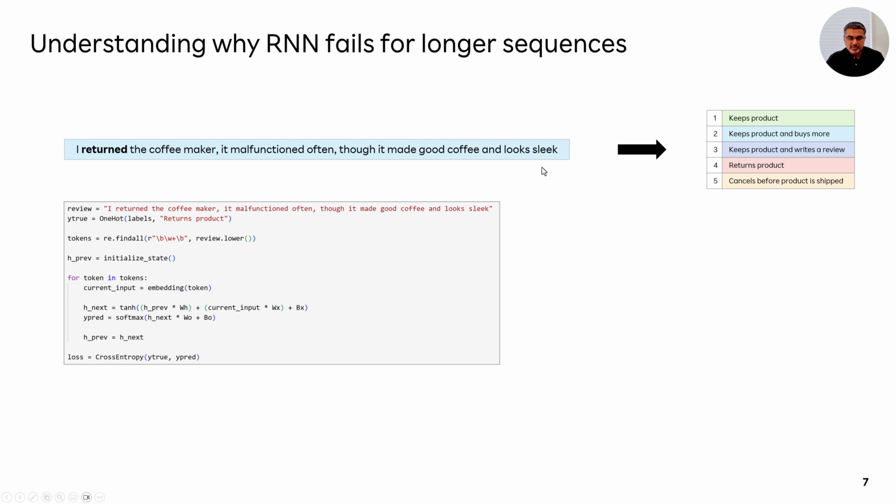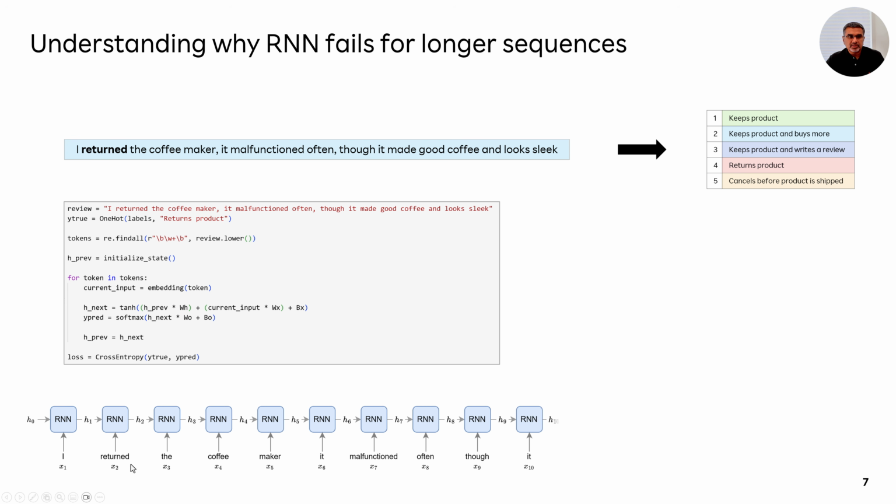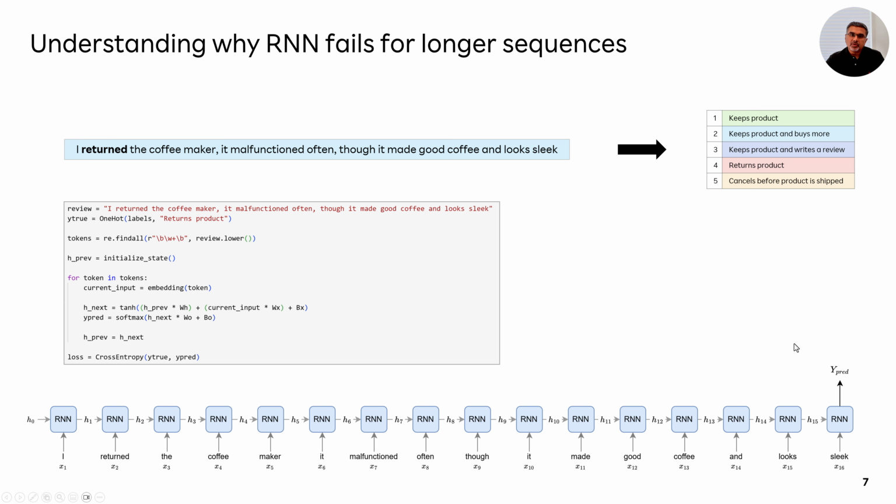Anyway, the key takeaway here is that an RNN tokenizes a sentence into an individual sequence of tokens, and then processes those tokens one after another while passing the context from one token to the other. The way it does that is something like this. You have an RNN, you pass the first token, which is "I", and the initialized context. Then the context is updated, and you pass the next token, which is "returned", then the next token, which is "the", and so on. Essentially, in a loop, it processes all these tokens and then makes a prediction.